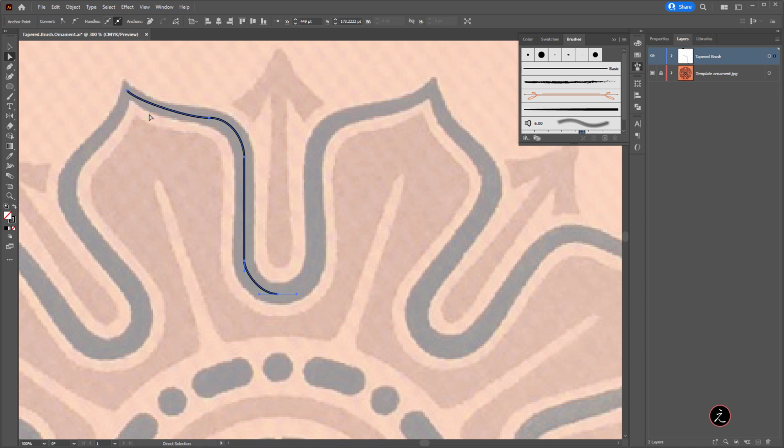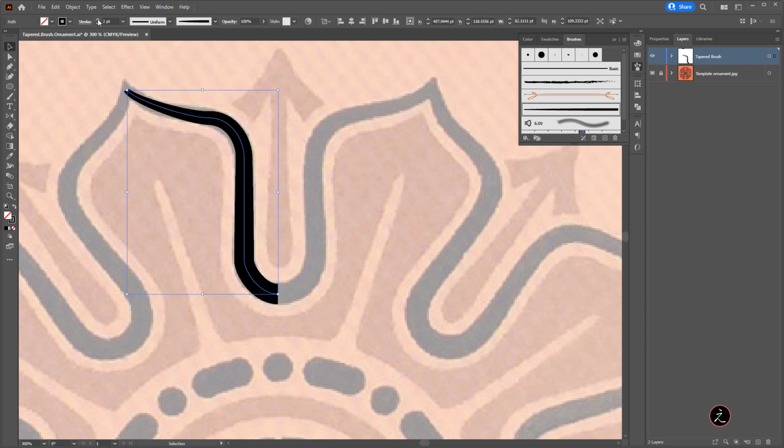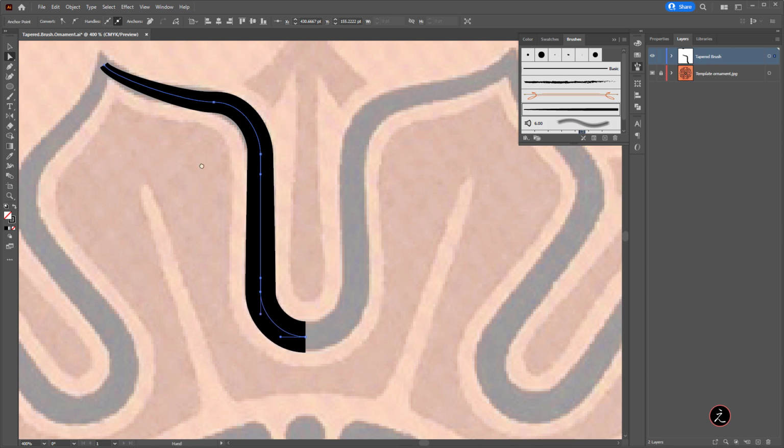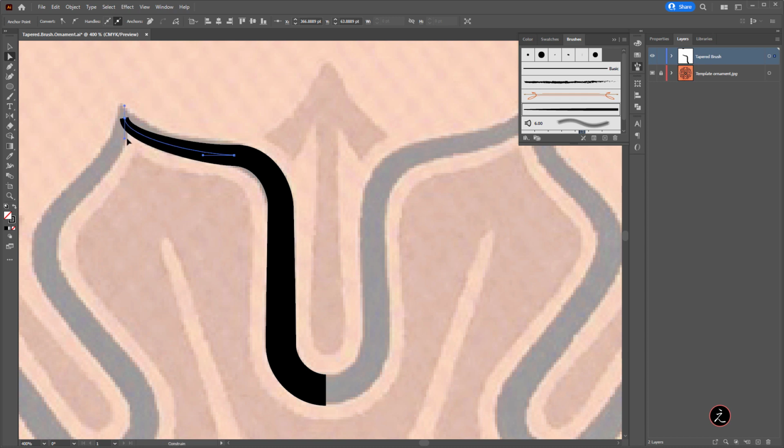So this is not perfect yet. So what we're going to do is select that and then apply this tapered brush to this path. Just click once. Great. Now, with this path selected, I'm going to up the stroke size to perhaps 3. You see, 3 is too much for me. Let me go ahead and use 2, or maybe I can go to 2.3, perhaps. Okay. So I have that. I'm still not very happy with the overall shape here. So what I can do is play around with this a bit and make sure that I have a better shape.